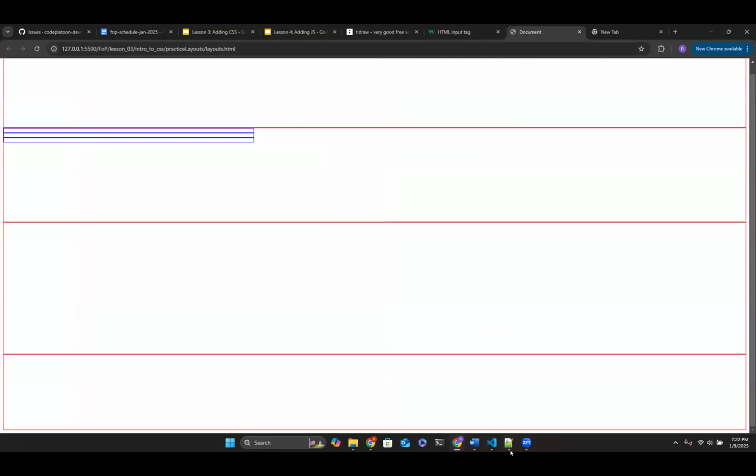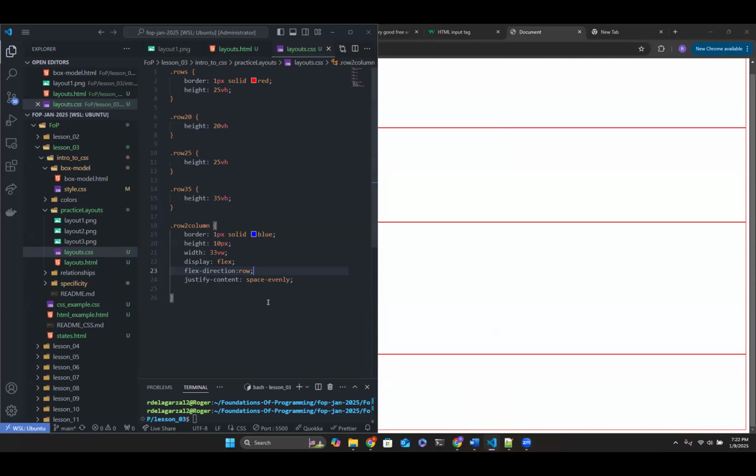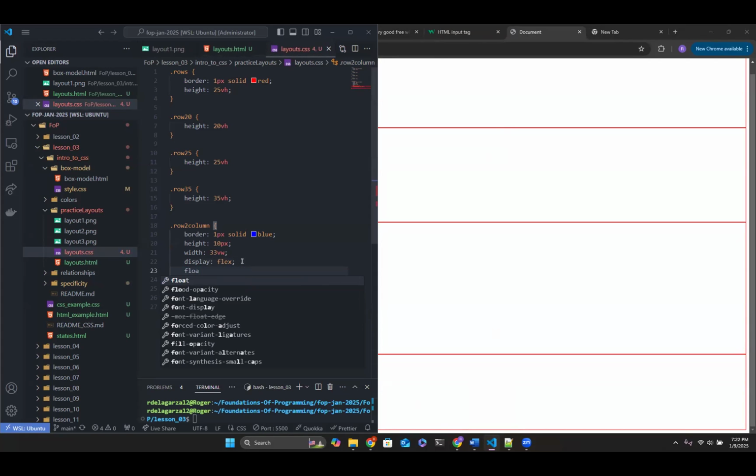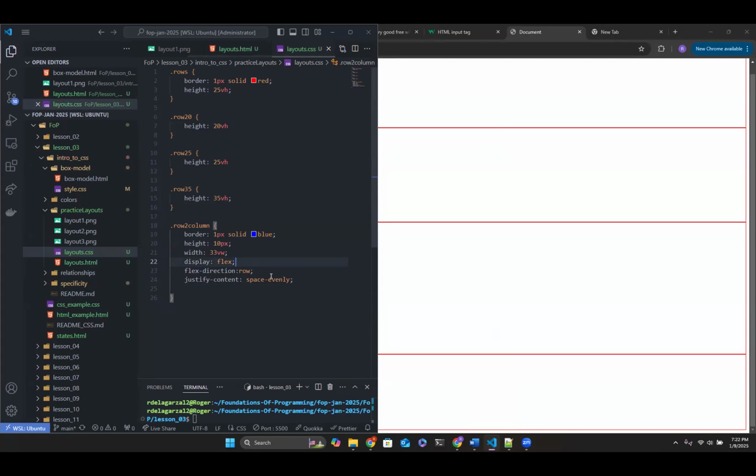On which one? For the columns, if you do float inline start and they add up to 100, it should. That's how I did it, at least. For flex direction, we can say float. Is that what you're saying? No, float is instead of flex direction, it's float colon inline start or inline end.